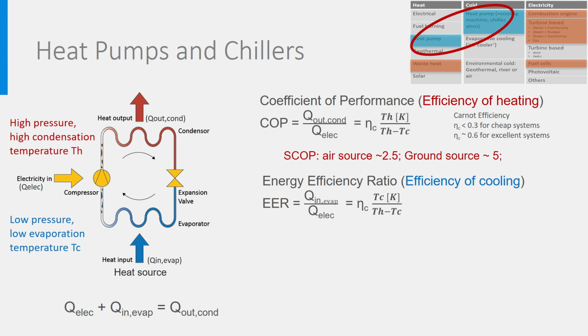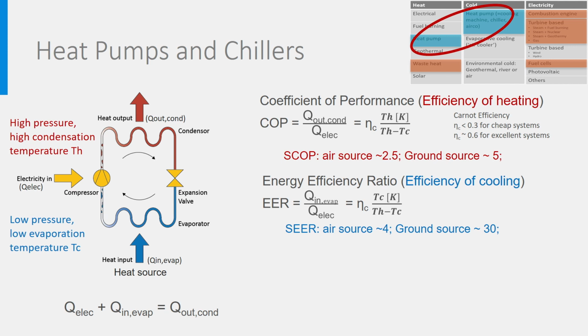Nowadays, air-to-air chillers can show an average seasonal EER of around 4, while a ground sink chiller could achieve a SEER of 30. Please also note that instead of using an electrical compressor, it is possible to use a waste heat-driven compressor in a so-called absorption chiller or heat pump.